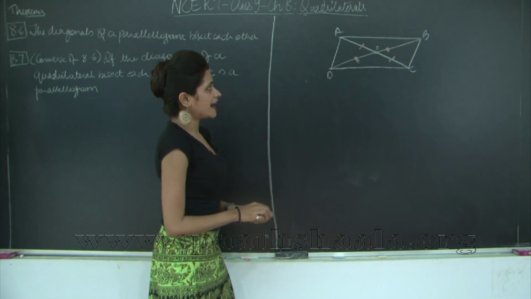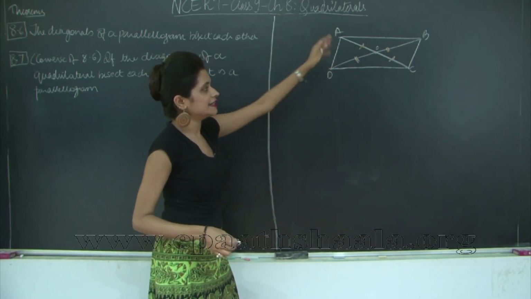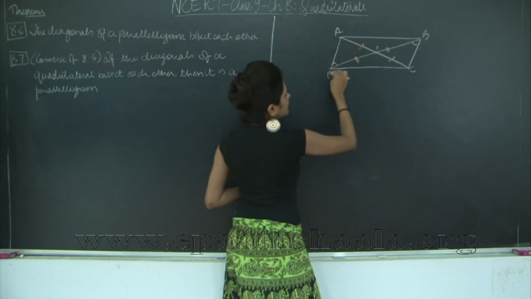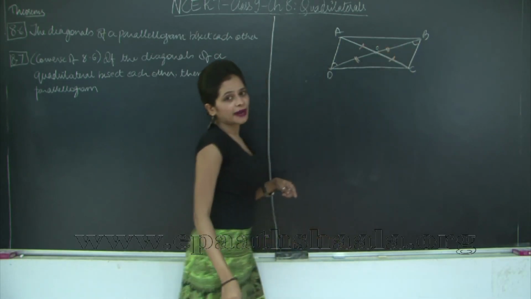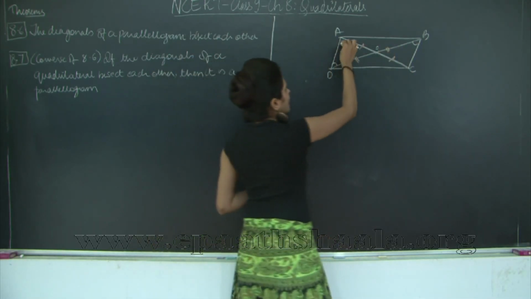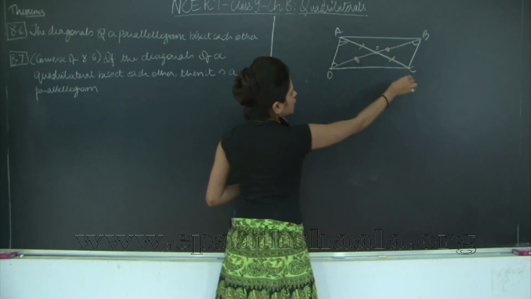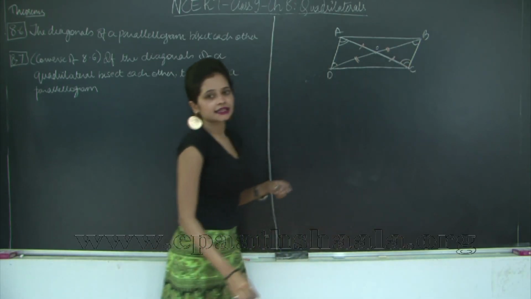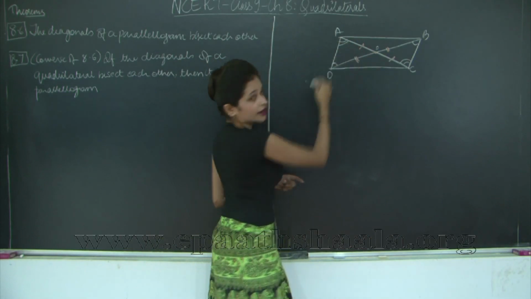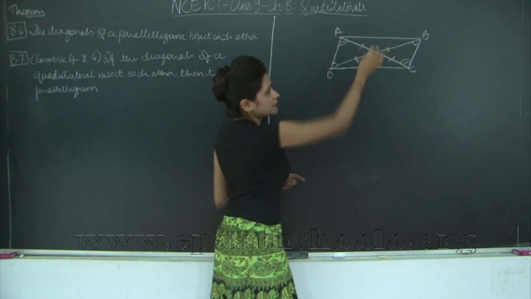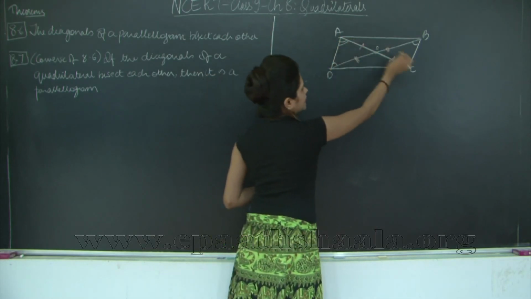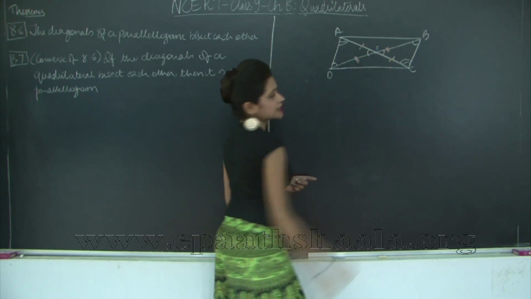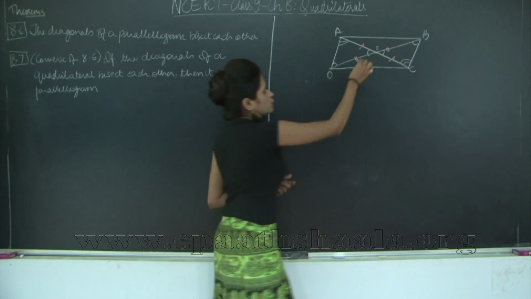So now first of all I have ABCD is a parallelogram, therefore AD is parallel to BC. Therefore I have this angle congruent to this angle, that is ADO is equal to CBO by alternate angle theorem. Similarly, I have angle DAO equal to angle BCO, again through alternate angle theorem. Now if I take these two triangles, that is OAD and OCB, this angle is equal to this angle is equal to this angle, we just discussed that. And these are a pair of vertically opposite angles, therefore they are equal.